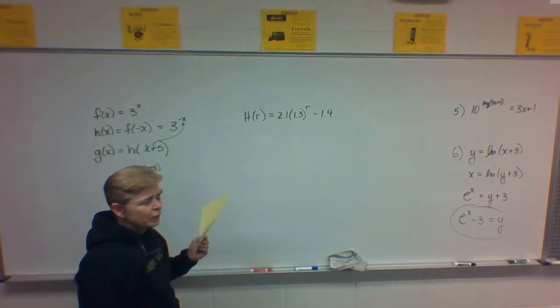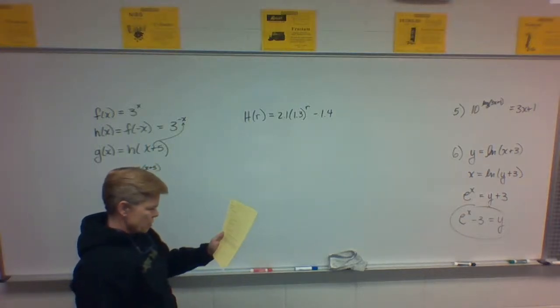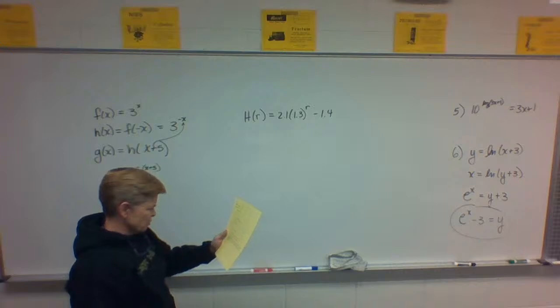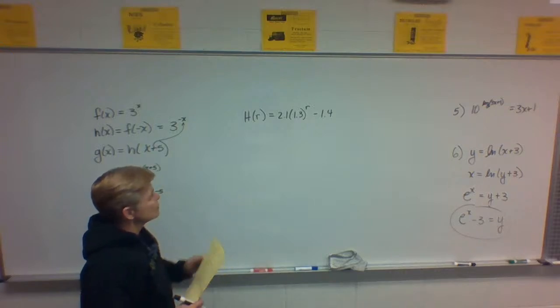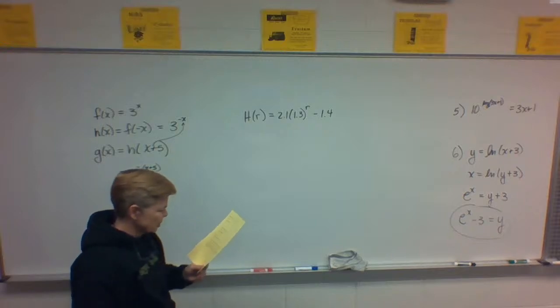Strange equation. You don't have to know where it comes from. You don't have to know anything about 3D printers or radial positions or heights or anything. You just got to be able to read this, because here's what they want you to do. They give you this formula in the problem, and they say,